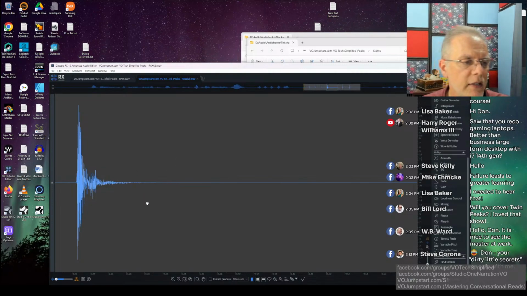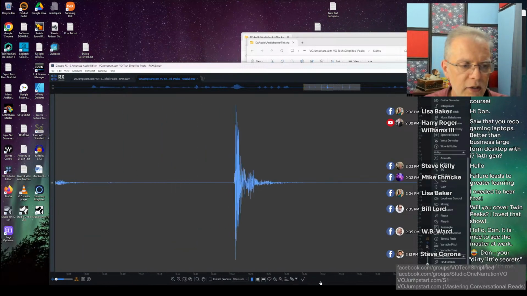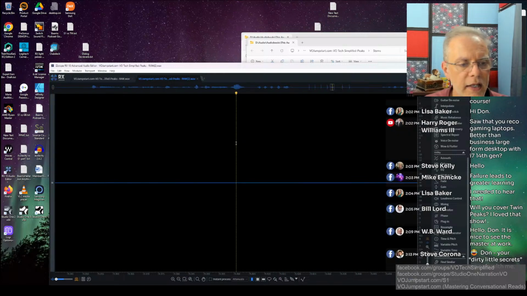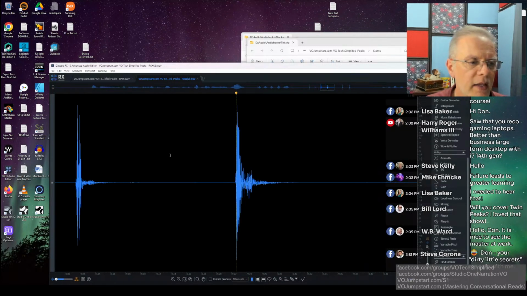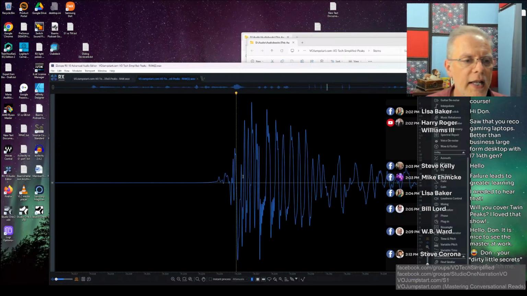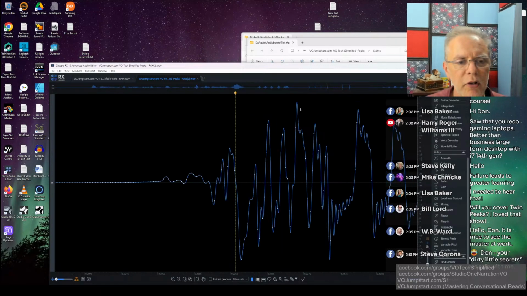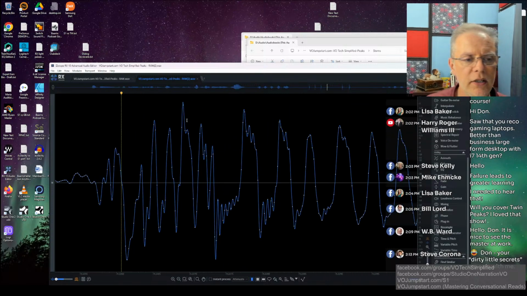But if I drill down enough, and I will drill down enough, let me put this guy in the middle, and let me hold it. I got to put my mouse cursor where I want it. I put my mouse cursor here, and now I'm going to drill down on that. And as I drill enough, you'll start figuring out that, look at that. Those waveforms are not actually clipped.